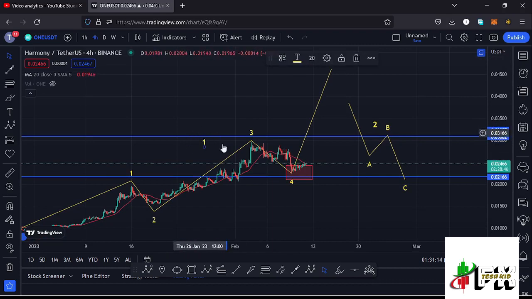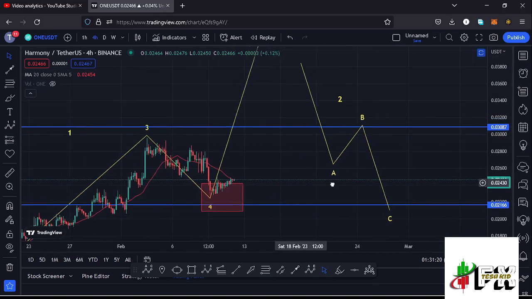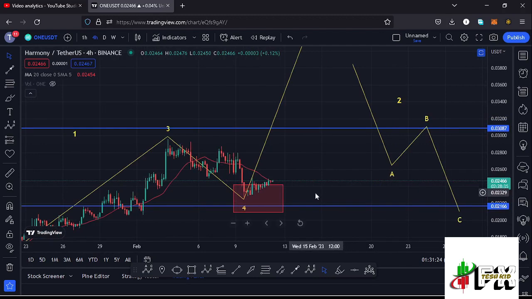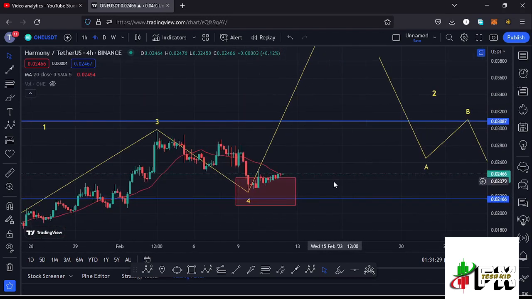And for us to get back into the formation of that wave 5, there are key areas of support and resistances that I'm watching over here, and also significant highs. And the very first thing that I'm watching here on the HARMONYONE chart on the 4-hour chart is a break above the 20-day MA here on the 4-hour chart.